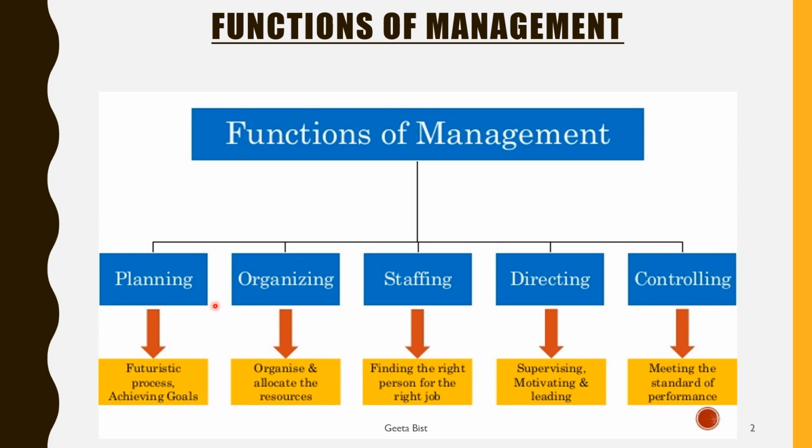Then, moving next after planning comes the time to organize and allocate the resources, which we do through the organizing function. Once we decide about the functions that we need to do or the duties that we need to assign, then we also group those duties and judge the requirement of the resources for getting the goals that we have set in planning. Then comes the time to ensure, through staffing, that we try to find the right person for the right job.